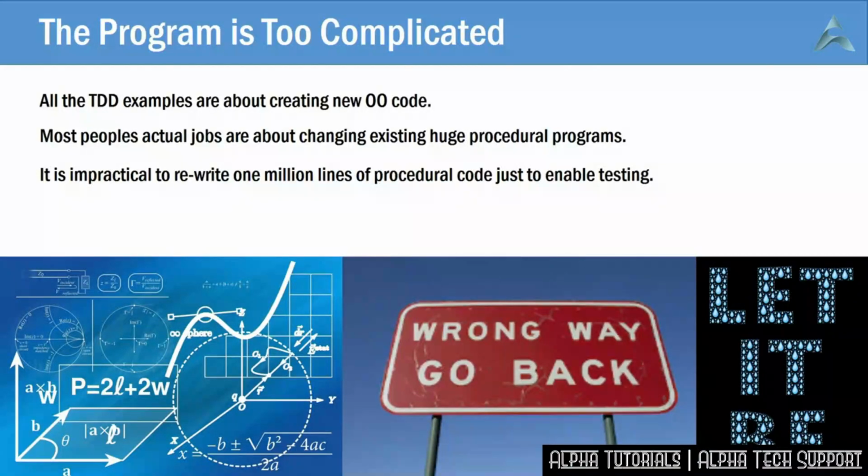But either option takes a year, costs a load of money, and you don't end up with any extra functionality, just a huge risk that you break something vital. Build a business case for that, and you'll get laughed out of court. At this point, the conclusion people draw is the program is too complicated for unit testing, and so the decision is made to keep everything the same as it always has been, and the program just gets more and more fragile over time. But it doesn't have to be this way. There is a way to square the circle.